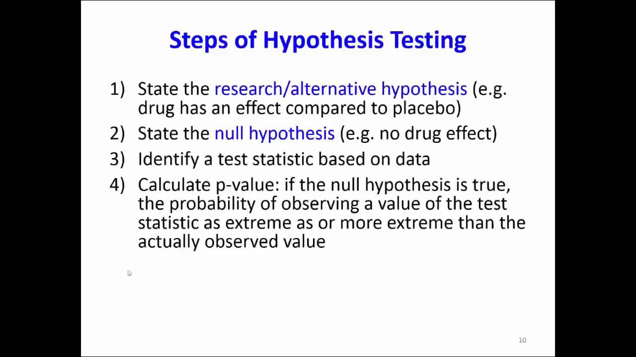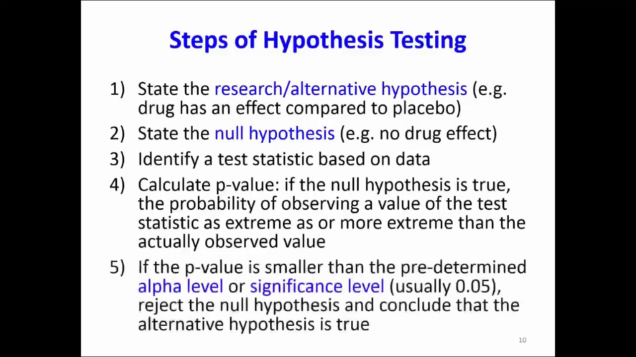So that's basically the probability: if the drug is not effective, the probability that we will see such an effect in your data, so that the effect we see in your data is due to chance, due to random noise. So we calculate the p-value, then if the p-value is smaller than a pre-specified significance level, normally we